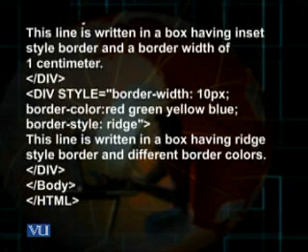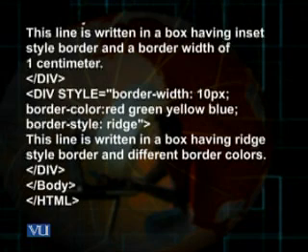And accordingly, automatically the browser would allocate a red color to the top border, green to the right border, yellow to the bottom and blue to the left border. I can also, if I want, specify the border colors individually. So if I want to give the top border a different color, I can use the property border-top-color and I can allocate a certain value to that. That would then be allocated individually to that top border.